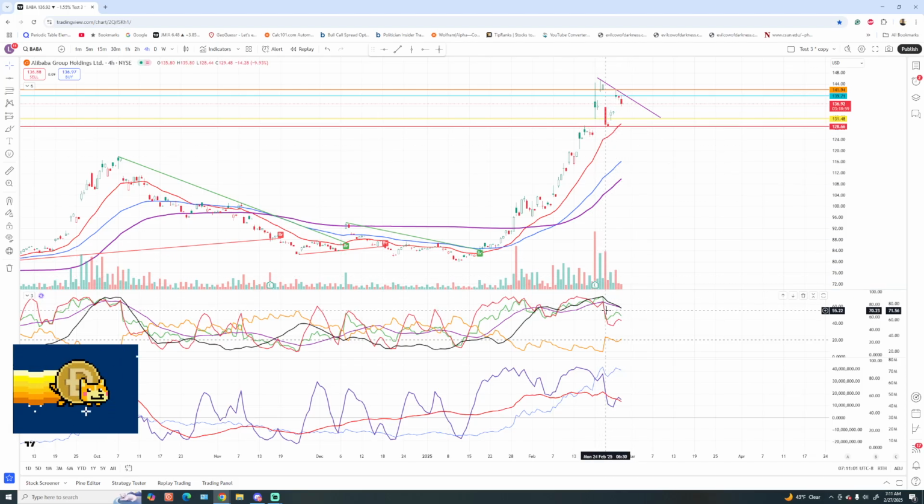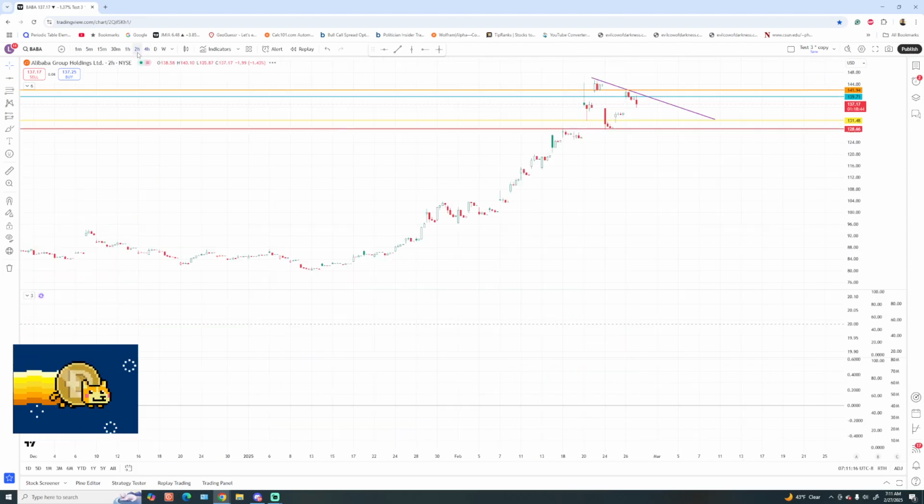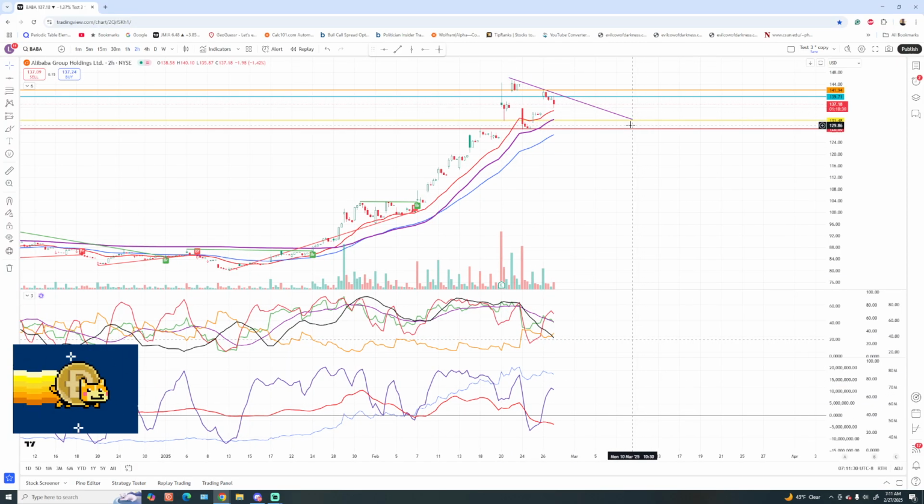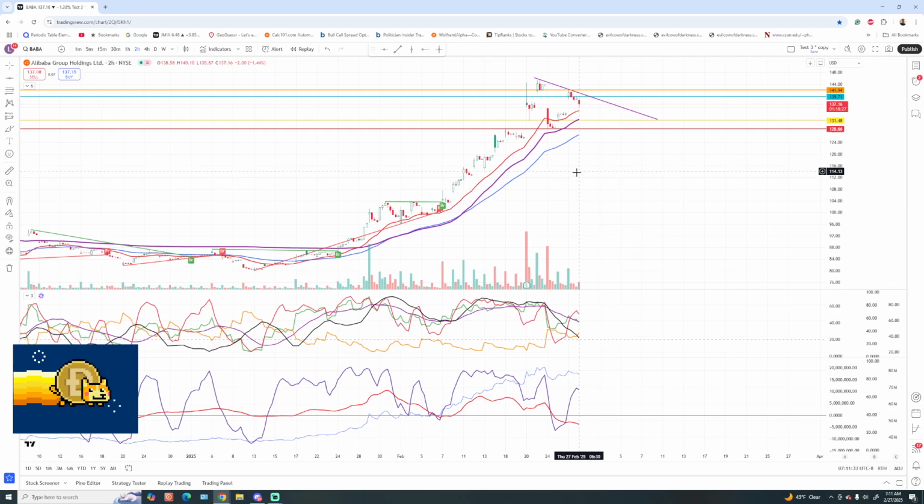So if you move over, I knew this was a high resistance because right here you see how this orange line crossed that dotted line. That's indicating a heavy resistance right there. Go to the 2 hour. Right when this purple line crossed that red and that purple line, that indicates its resistance. So that's why we have this trend line going on right here. It's still slightly risky, so I didn't really go too hard on it, but